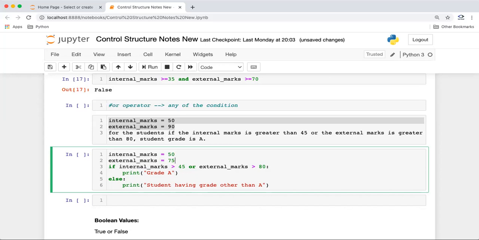Internal marks are 50 and external marks are 75. What will be the output of this? Is the screen not clear to everyone? It's clear, right? Screen is clear to everyone. A grade, right?